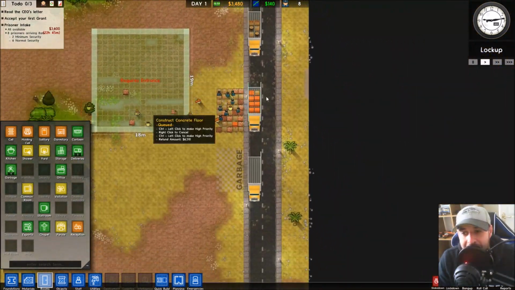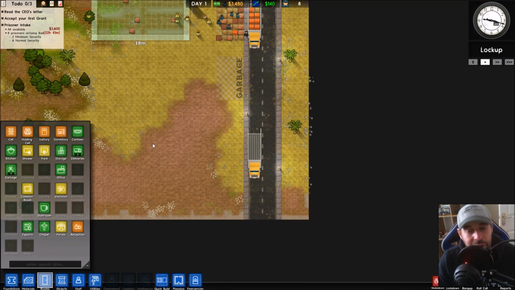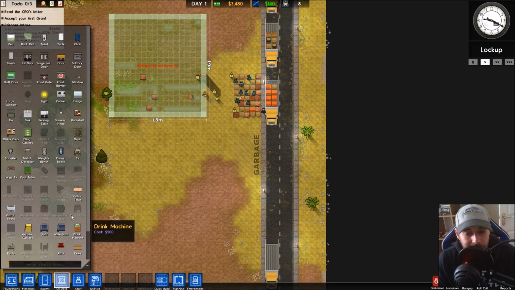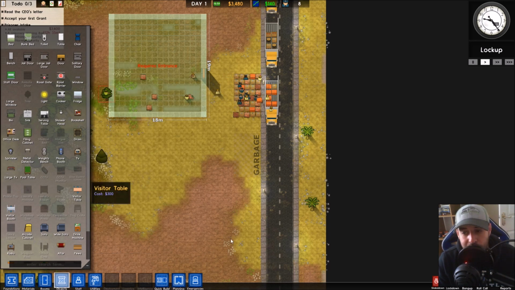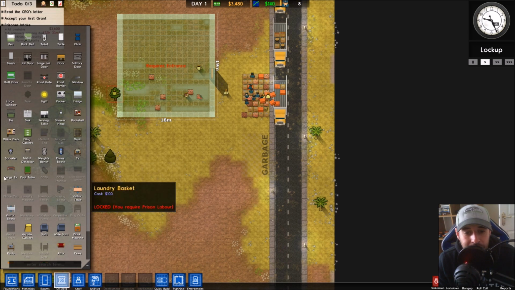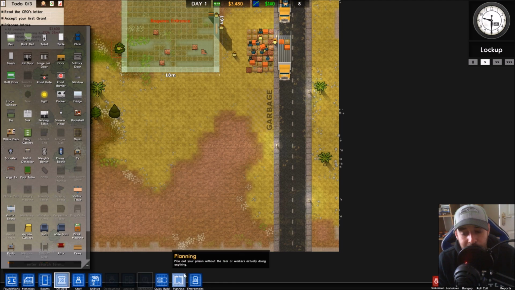And then your vans. These will get hijacked, by the way, so if you have an open prison, you can be hijacked, so you might want to put road gates on. So there's road barriers and road gates, which will block off the road. And you can have security, and you'll unlock dogs, and you can do deployment intelligence,